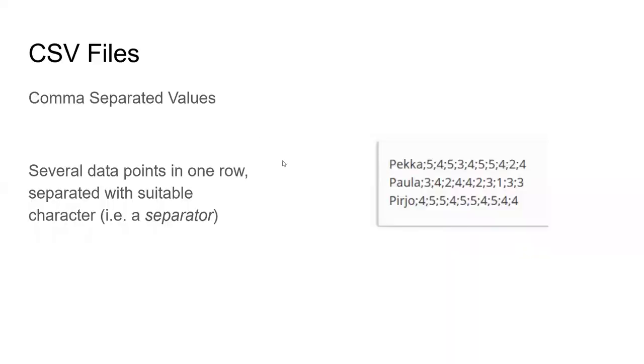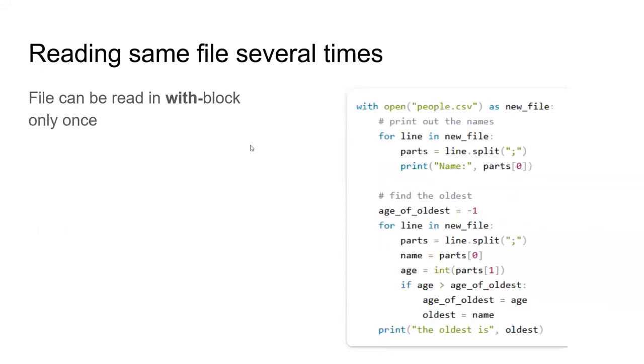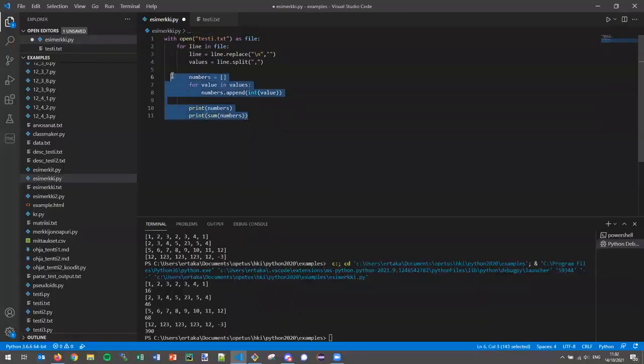Okay, then what more? We talked about splitting strings, and now one thing to realize is that when you're reading a file, when you open a file, there's like a pointer which is created when you open the file, and the pointer is used so that Python knows where you are reading in that file. And that's important, for example, when you're using the for loop, you can read the lines one at a time. And the problem with this one is that if you read the content of the file, like this one,